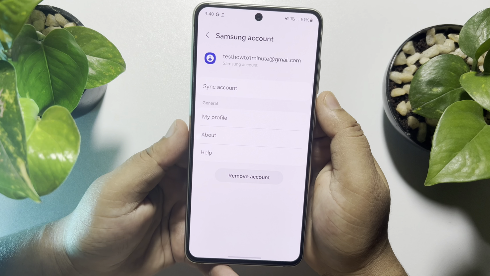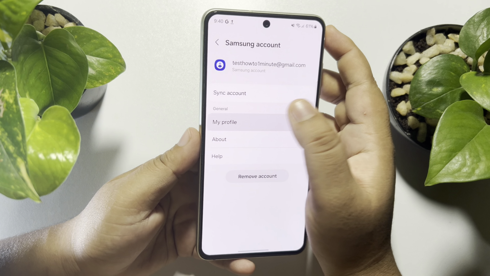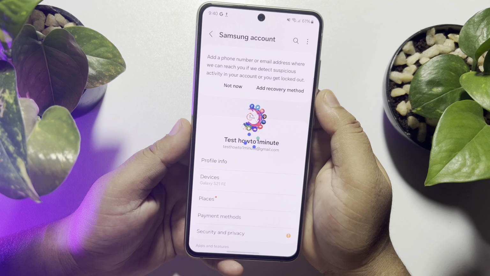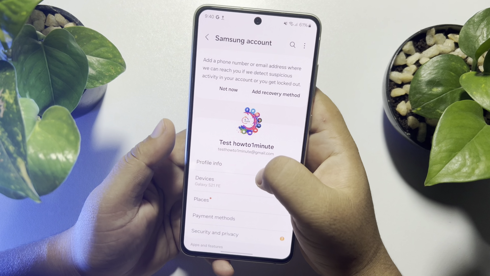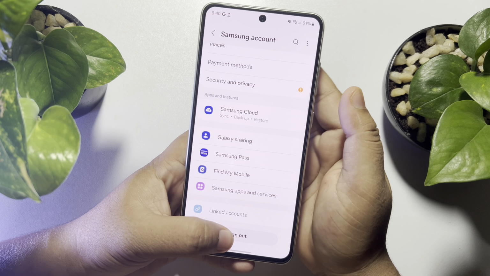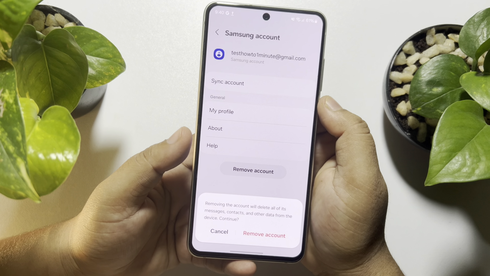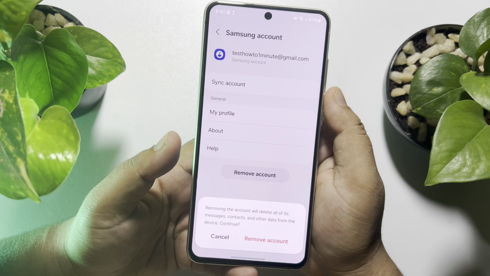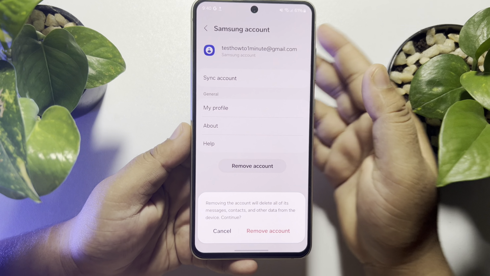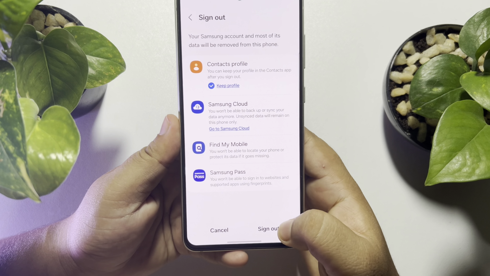Now, to remove your account, you can tap on Remove Account here, or you can go to My Profile, scroll down, and here you will see the Sign Out option. So if you want to sign out, just tap on Sign Out, and to remove your account, just tap on Remove Account. Removing the account will delete all of its messages, contacts, and other data from the device. So to remove, just tap on Remove Account, and now tap on Sign Out,